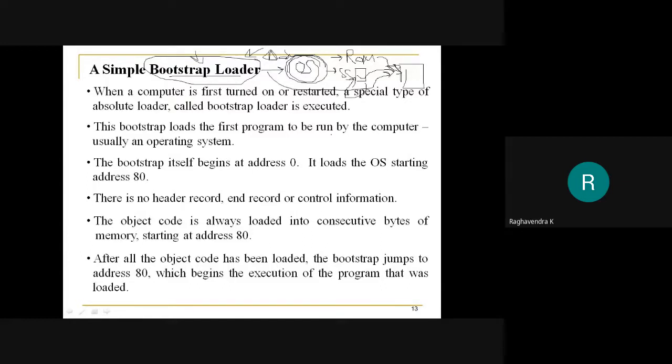So see here what is happening. The system is off, and memory is completely empty. When you turn on the system, one program gets loaded from the ROM, or read-only memory, at a specific location. Once it loads, it begins execution. The purpose of that program is to load the operating system from the secondary storage.